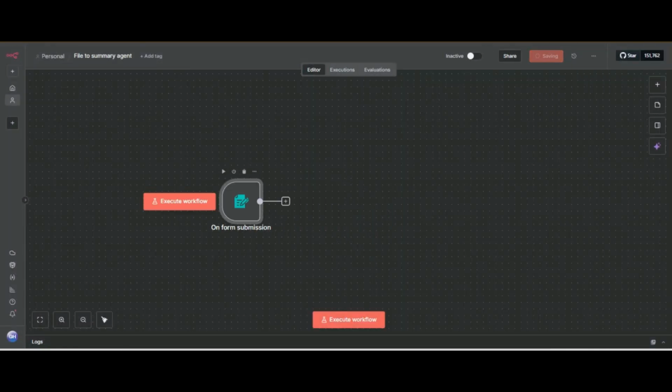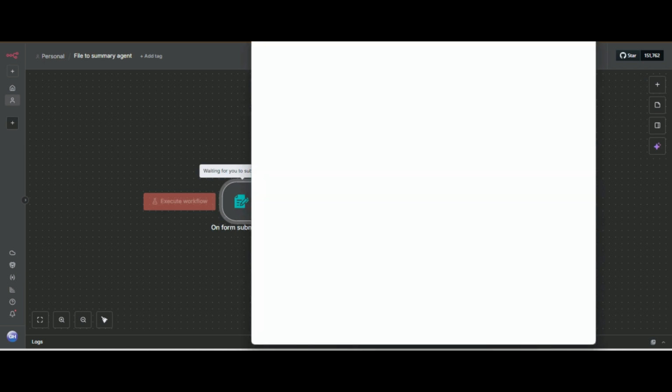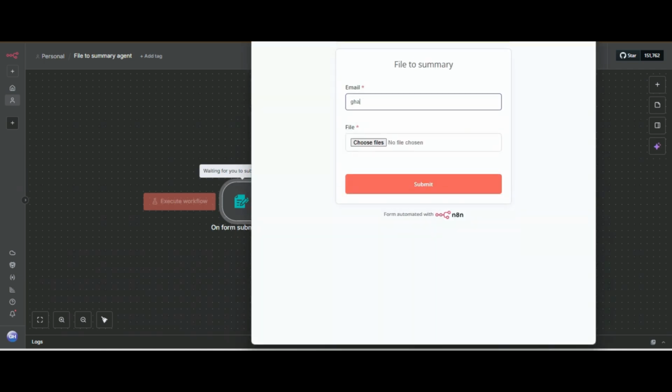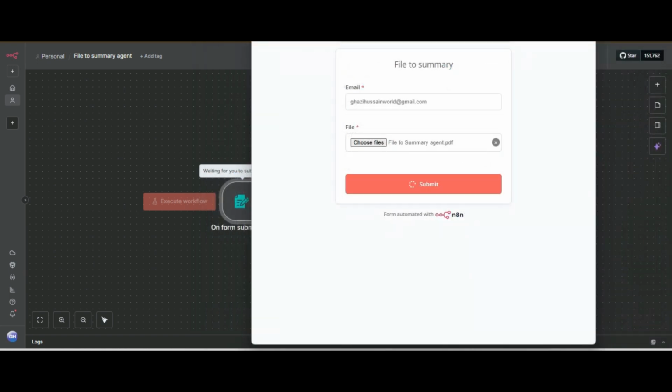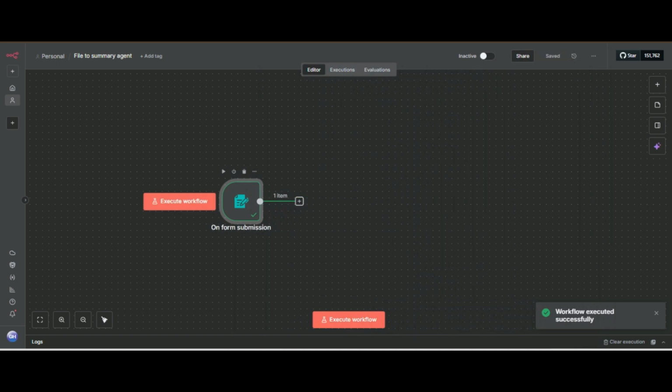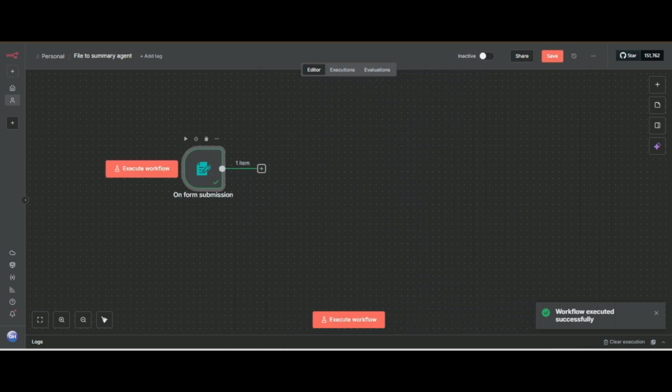I will click on save, and I will execute. I will give my email, and I will choose the file. Then I will click on submit. So now the first step has been finished.